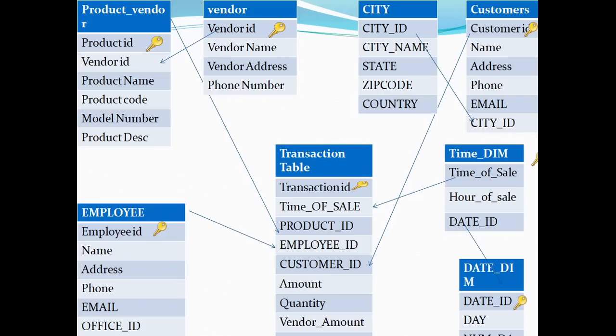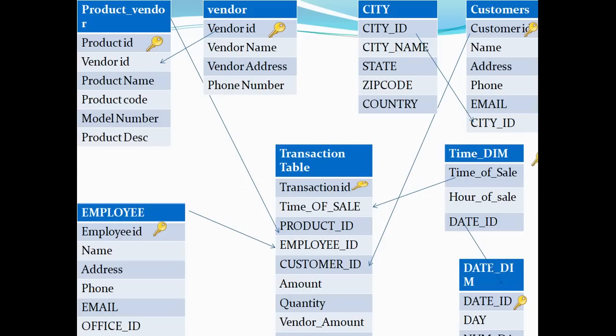So earlier where I was joining just 2 tables, now I'll have to join more than 2 tables. And let's assume that I want to get the data for a particular day. That further increases my complexity for that particular vendor, because I'll have to join the date dimension with the time dimension, and then I'll have to join with the transaction. So the number of joins is increasing constantly, which brings additional complexity, and in certain cases time delays as well if your Snowflake schema is not designed well.